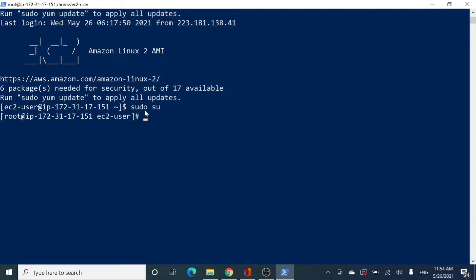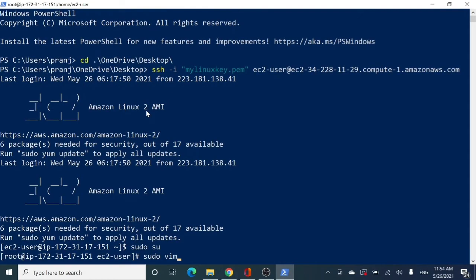And as you become the super user, or the admin in terms of Windows terminology, there is a hash sign over there, right? So now the next step that we have to do is actually modify the sshd_config file. For that, I will be writing the command sudo vim. I'm opening the editor: sudo vim /etc/ssh/sshd_config, right?